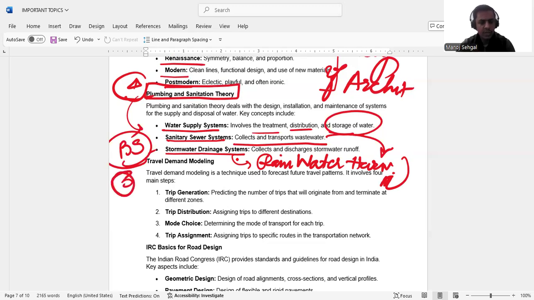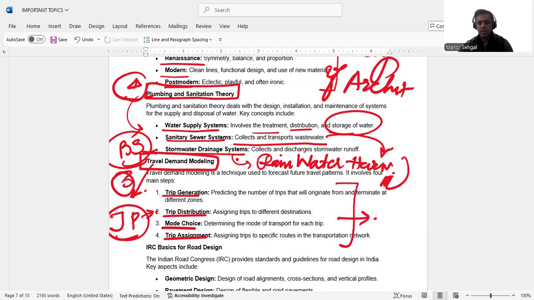Moving on, we have the case of travel demand modeling. This topic is important from the perspective of transportation planning, where trip generation, trip distribution, mode choice, and trip assignment are understood. First of all, we are going to understand these topics theoretically, and also there are various stages of distribution or generation of various kinds of trips. That is why it is very important to learn how the travel demand is modeled, how the trips are assigned to different destinations, how the mode of transport is determined, and